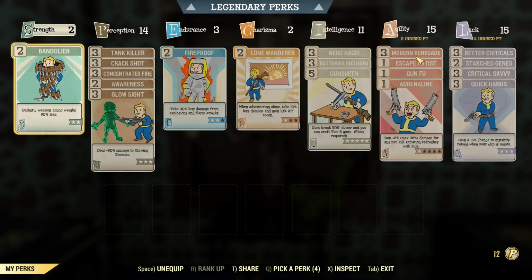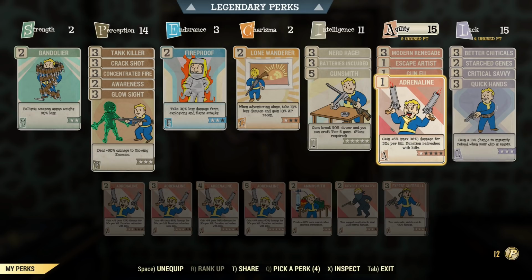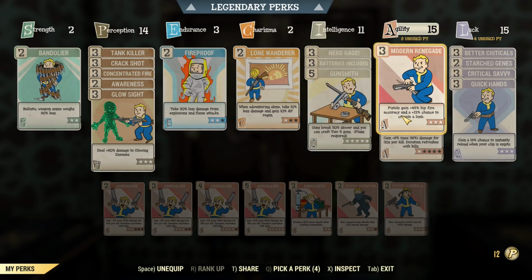That being said, we are utilizing Modern Renegade now because the bonuses that you get out of Adrenaline is not that much compared to what it was. It's not 36% multiplicatively at our 5 kills there. So, although we're compromising a little bit on damage, I think the utility of being able to cripple a thing that we're shooting and extra hipfire accuracy would be slightly more advantageous, especially when we're going against the Mylurk Queens,